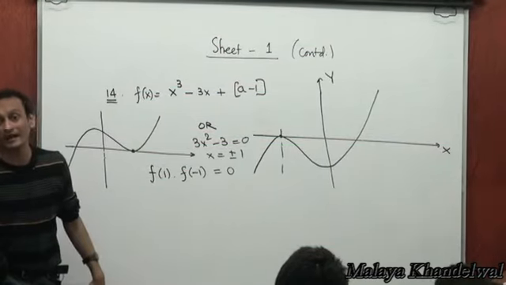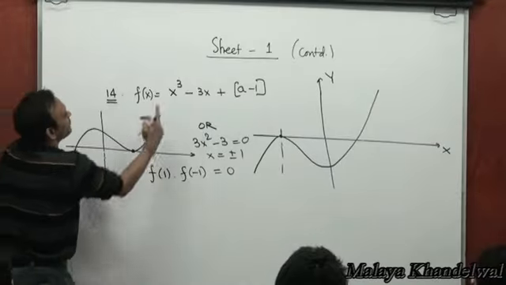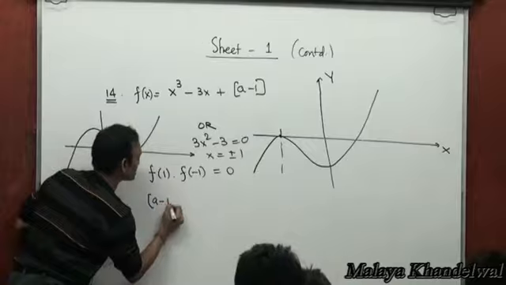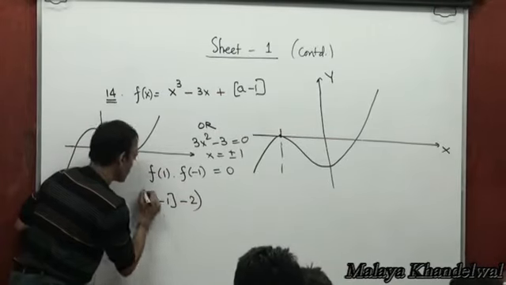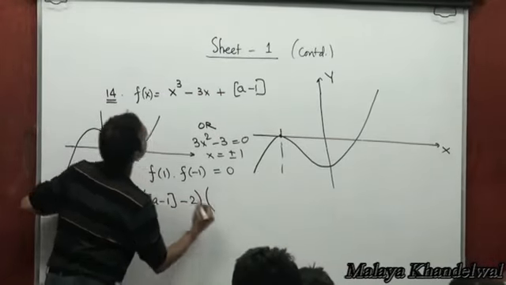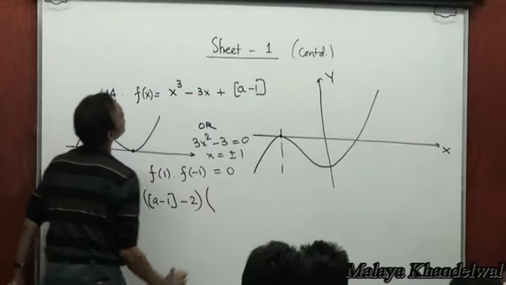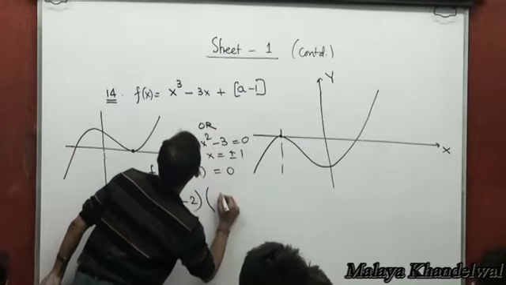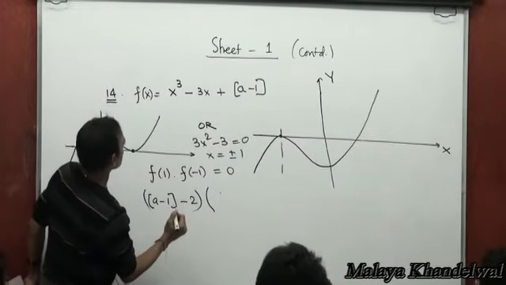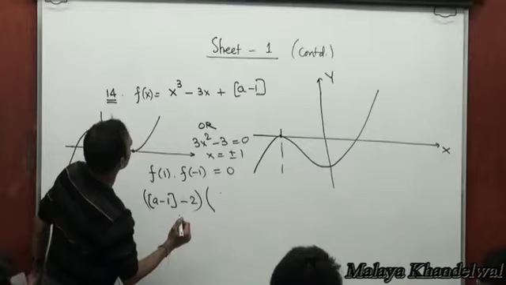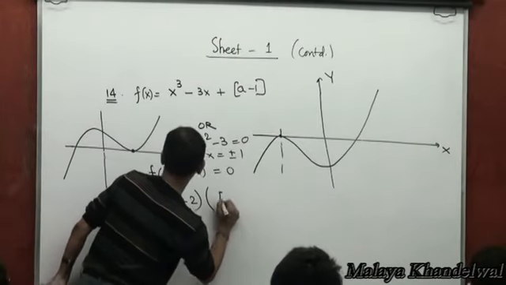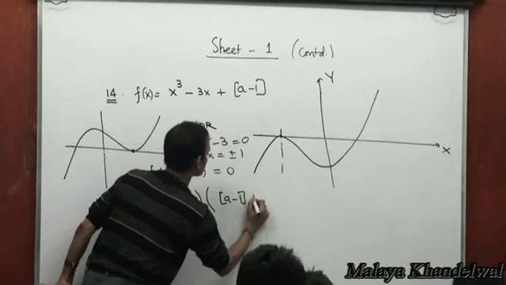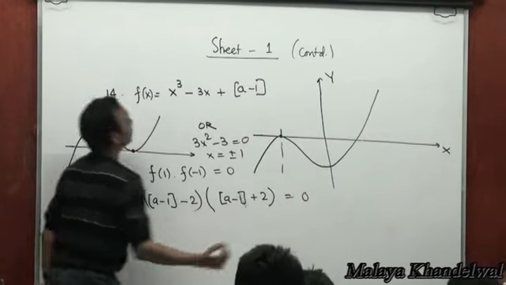f of 1 times f of minus 1 must be 0. f of 1 would be 1 minus 3 minus 2, so box of a minus 1 minus 2. That's f of 1. f of minus 1 is minus 1 plus 3, which is minus 2. Oh, sorry, 1 minus 3, so minus 1 plus 3 is 2. Box of a minus 1 plus 2, that equals 0,